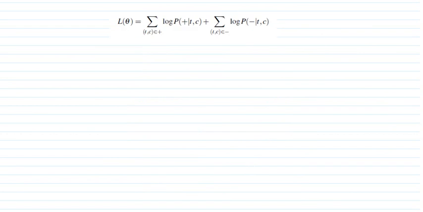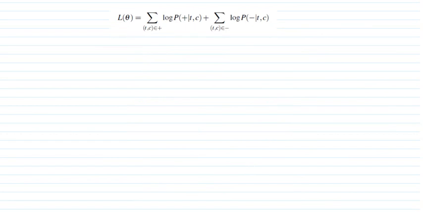So this loss function becomes loss theta equal to the summation of log probability of positive samples and the summation of log probability of negative samples, where each of these T comma C tuples belongs to the positive and the negative samples. So the goal of classifier training, while training,